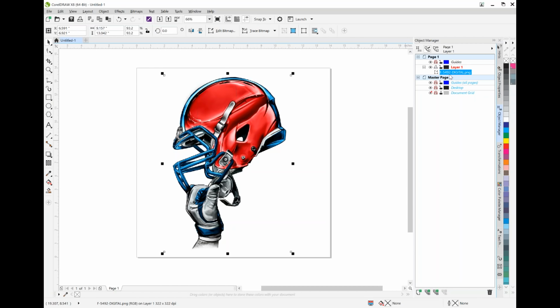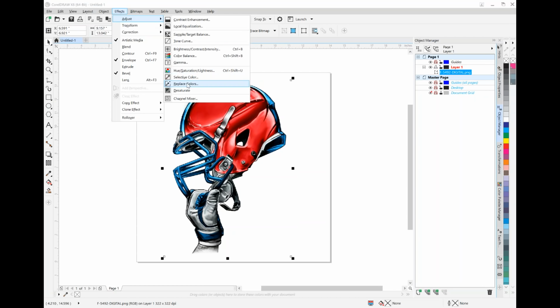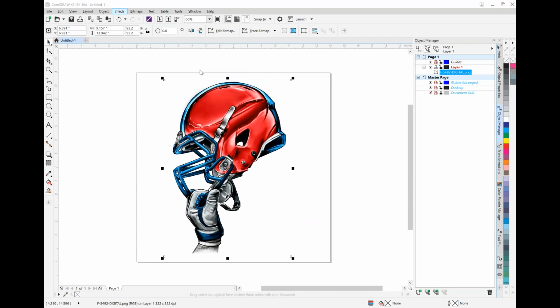All right, so with it selected, we're going to go to Effects, Adjust. And again, as I mentioned, there's two ways. One, we're going to use the Hue, Saturation, Lightness, and then we're going to use Replace Colors. I personally like to use Replace Colors more than Hue, Saturation, Lightness, but again, I'd like to show you both methods. So with Hue, Saturation, Lightness,